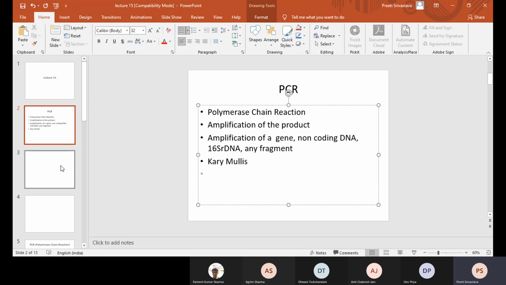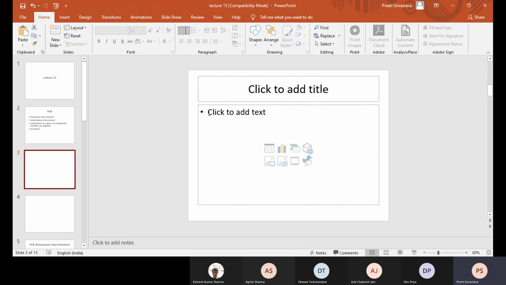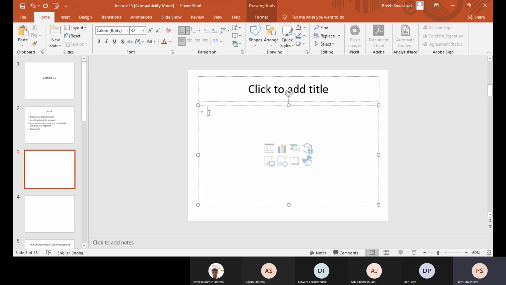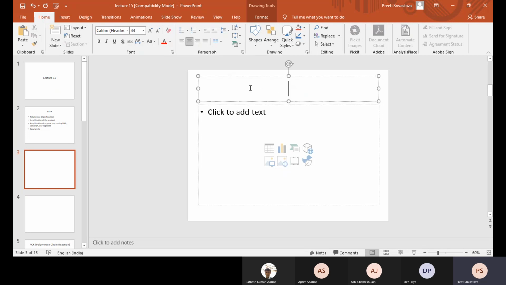Like Dev Priya mentioned, it is used in medical diagnostics, but the main application is to amplify a gene. Why do you need to amplify?